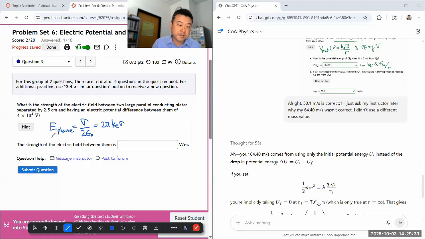So let's say you did this, you tried an answer, or I guess you can't try an answer. So what I'm going to now complain is that I don't seem to have enough information. I might even write down sigma is equal to Q over A, but no amount of charge is given, no area is given, and I'll complain about that.